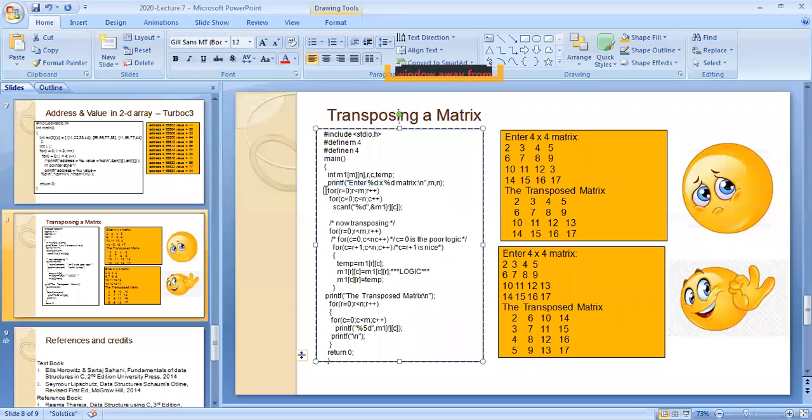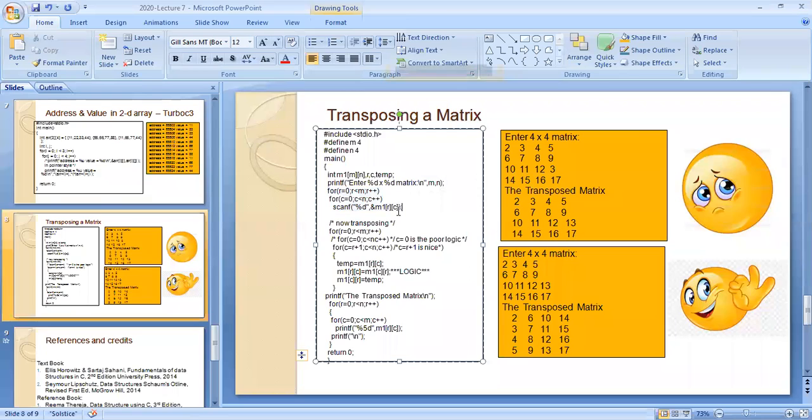While reading the elements, first you see R is the row, C is the column. R will end at M, where M means the number of rows. What are the columns? That is N, the number of columns. So read in each and every element. This part is for reading a matrix.